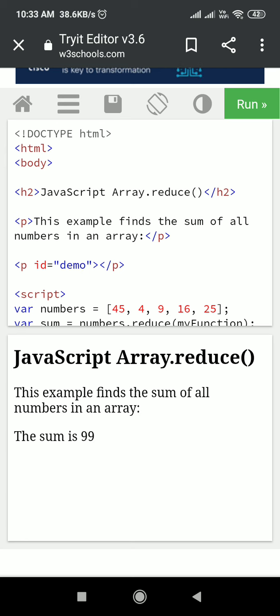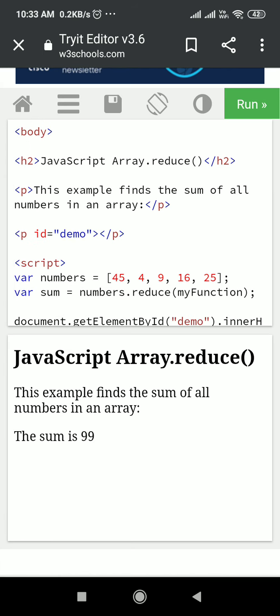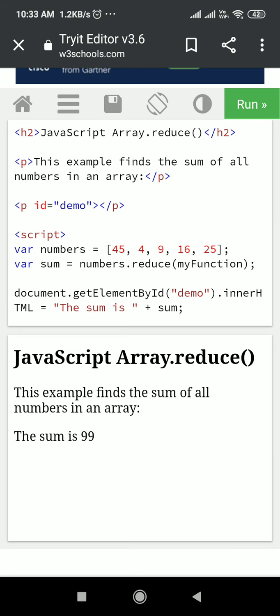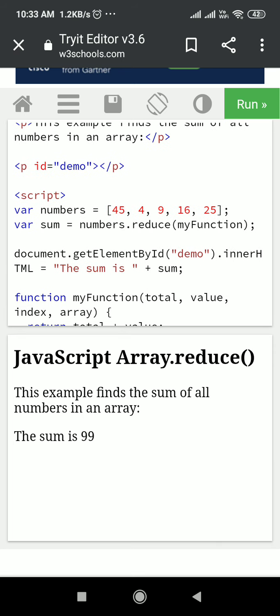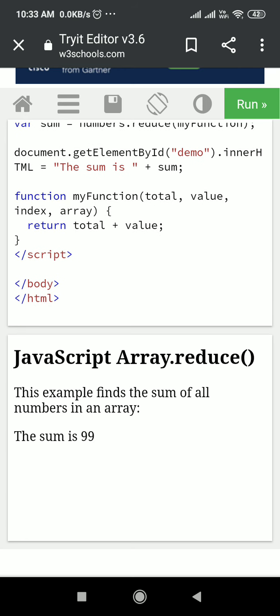So this is the program. <!DOCTYPE html><html><body><h2>JavaScript array.reduce()</h2>. This example finds the sum of all the numbers in an array. <p id="demo"></p><script> var numbers = [45, 4, 9, 16, 25]; var sum = numbers.reduce(myFunction); document.getElementById("demo").innerHTML = sum; function myFunction(total, value) {...} </script></body></html>